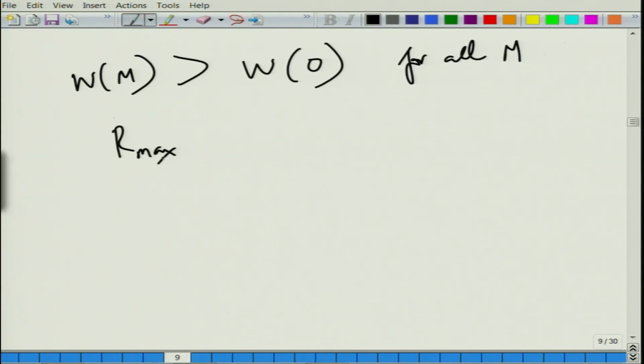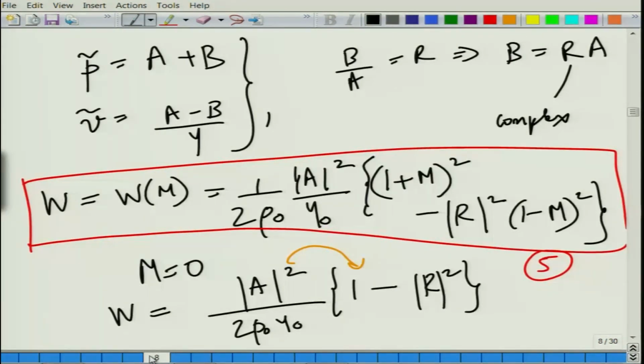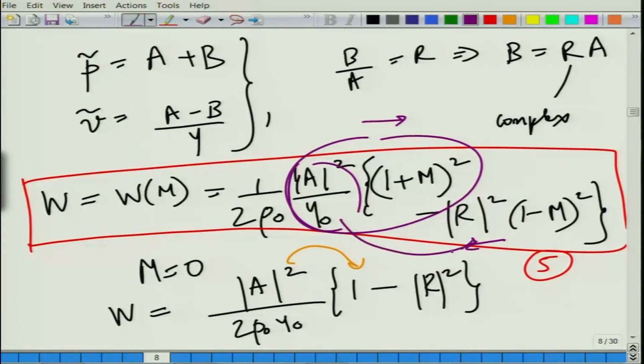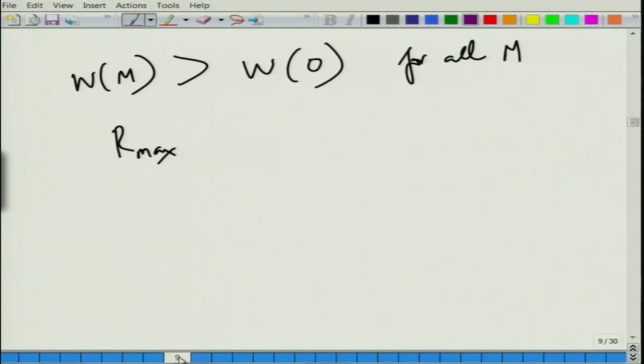So, R max. Let us revisit equation 5 and figure out what this term means. As we discussed just a while back, this term means the acoustic power that is carried by the wave going in the positive z direction, along the duct. And what about the wave traveling in the backward direction? That is this part multiplied by this. It has a certain meaning. We will keep this aside for a minute and worry about the acoustic power incident,